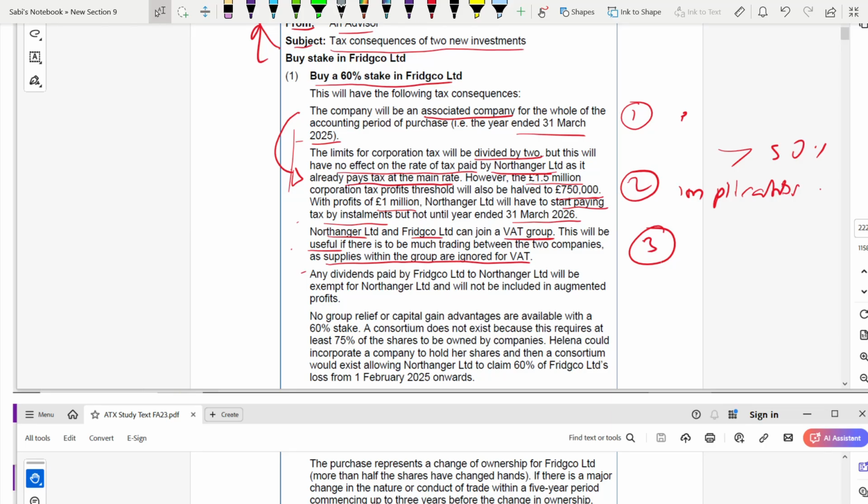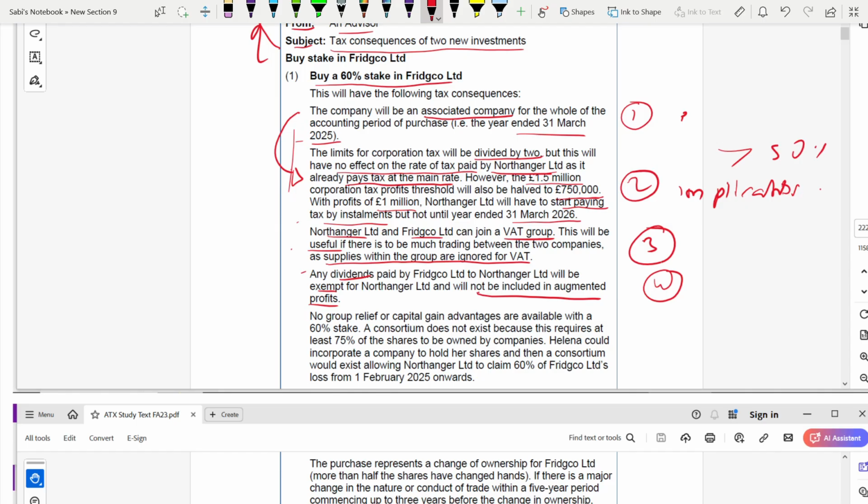Then you have to talk about dividends. Dividend is the next step. Next point, fourth. Because they are associated, any dividends paid by Frisch to Norton will be exempt, and they will not be included in augmented profit. This is what you have to write, whether they are included in augmented profit or not,